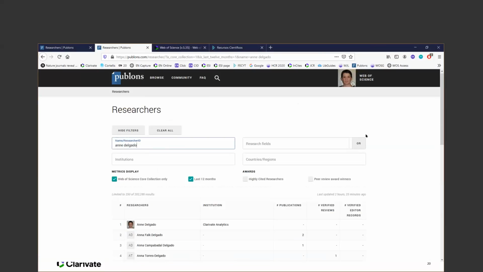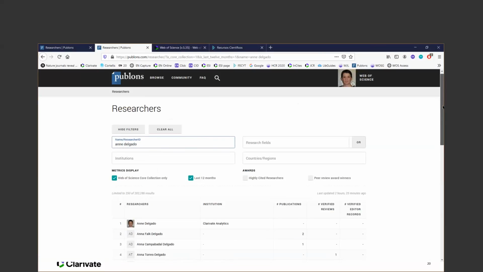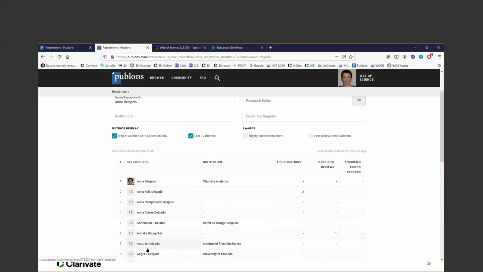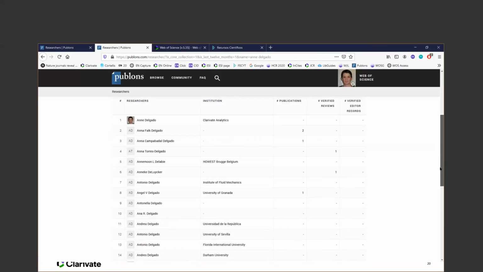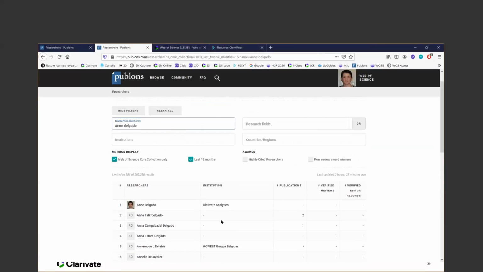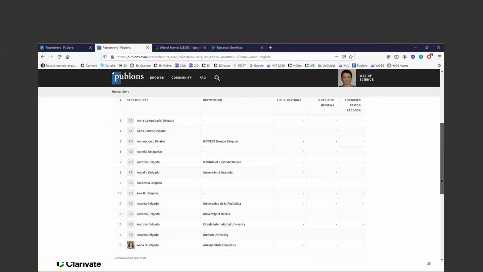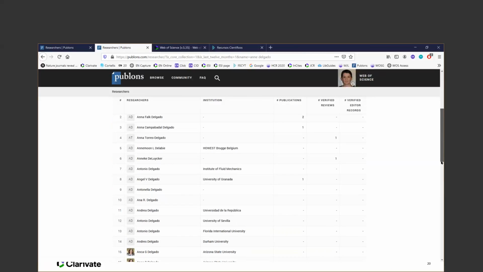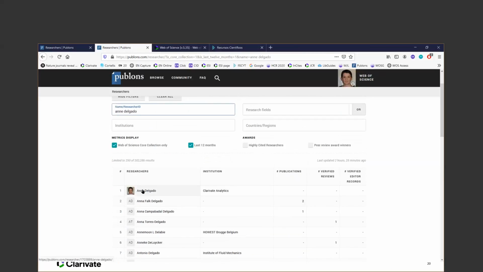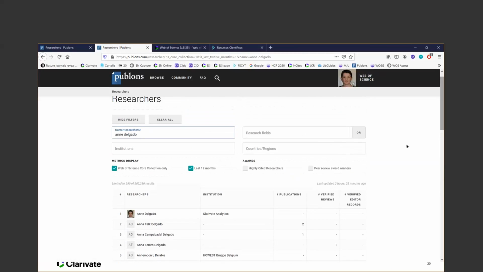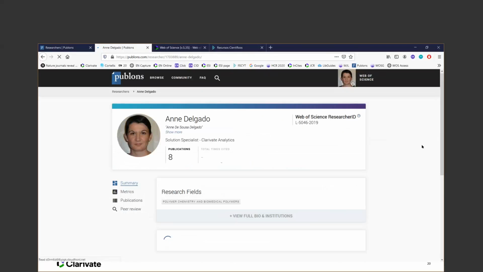and Publons is searching not only the name that I've written, but also variants. Okay, which is really great. It's searching variants, and I see that there is only one account with this name, and I'm looking at variants. There is none that is mine. So I'm pretty sure in this case that there is only one account. So that's a simple way to see if I have or not a duplicated account. And unfortunately, a lot of people have duplicated accounts because they have claimed papers without being signed with their